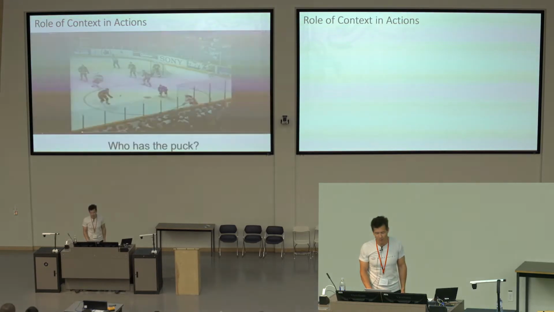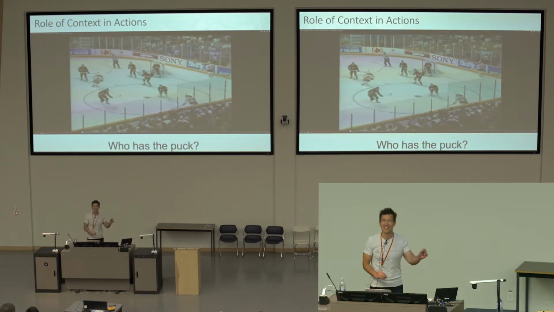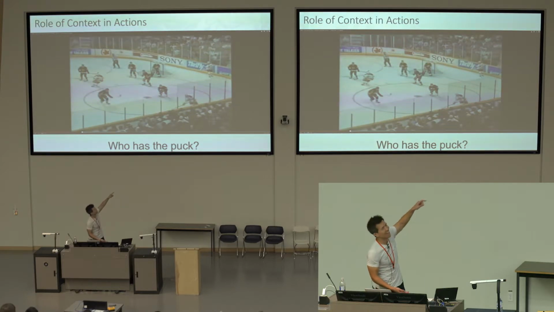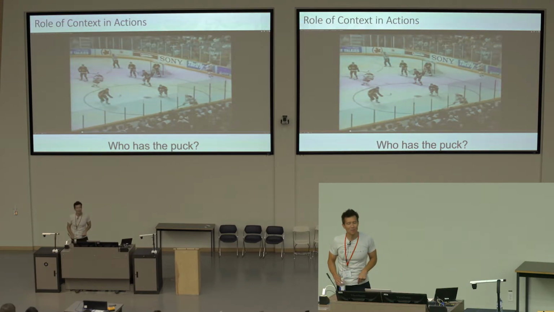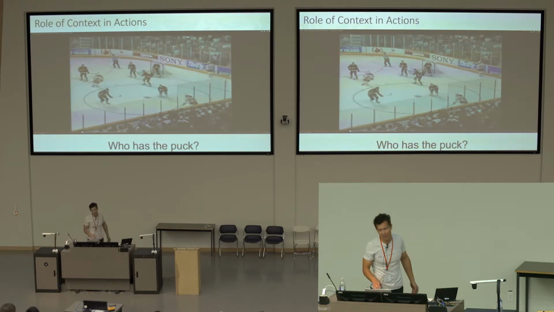It solves a very important Canadian problem, which is who has the puck. By the way, do you know who it is? Who has the puck in this scene? I guarantee you that there are 0 puck pixels, right? There are no pixels in here that are actually from the puck. But if you look at the body pose and body shape of all these people, it's the guy at the front right, okay? The reason I think we can do this is we can analyze the whole scene and look at what every individual is doing, and based upon their body pose and their relations, we can figure this out.